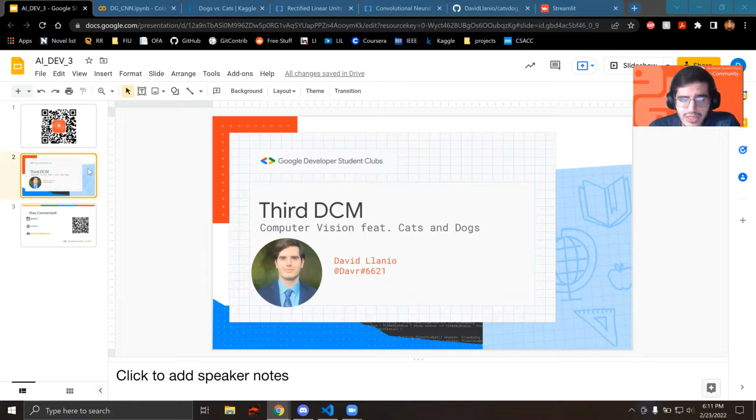Today, we're going to be looking at computer vision featuring the cats and dogs competition. This is a very old competition where the goal is to basically classify whether a picture is a cat or